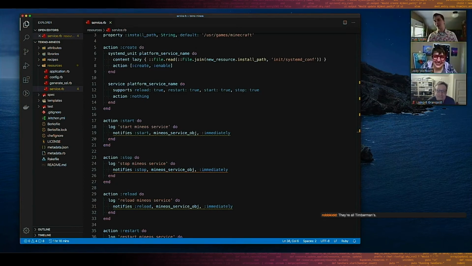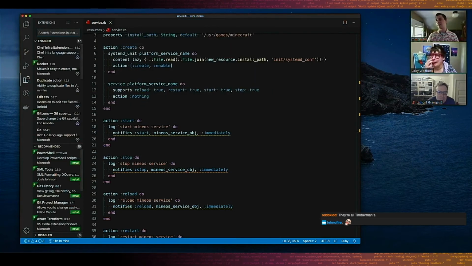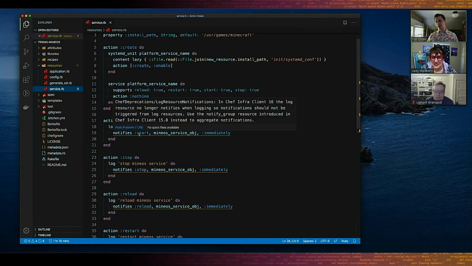The cool thing you get here, you start to see some things built in with Cookstyle. So there is a Chef extension for VS Code, which is why I say that everybody should just use VS Code. If you install an extension, you can just install this Chef extension here, and that gives you a bunch of cool features. One of them is the ability to get highlights on what's happening in your cookbook with Cookstyle. Cookstyle is just going to run. Unfortunately, it's going to run against the whole thing. So if you open up your entire repository, it's going to try to run Cookstyle against the whole thing. But it's going to run against your cookbook, and you're going to see different colors depending on what it is. So in this case, it's telling you there's a deprecation here.